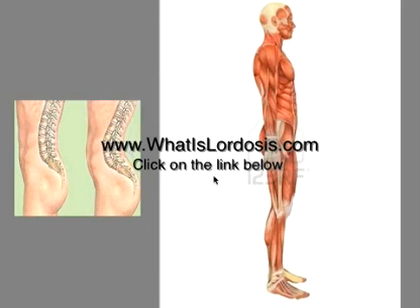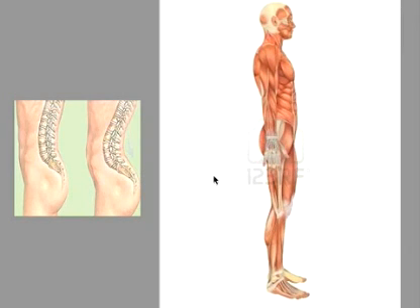Now, there's a few different causes for it. There's genetics, which is one of them. There are some sports which can cause lordosis. A lot of football or soccer players have got lordosis. Anyone that carries a lot of weight on their belly, so females that are pregnant or people that carry a lot of belly fat, that weight can pull on the pelvis and pull it down. And probably the most common one is sitting for long periods of time. I'll explain why these postures or activities cause lordosis, and that moves us on to